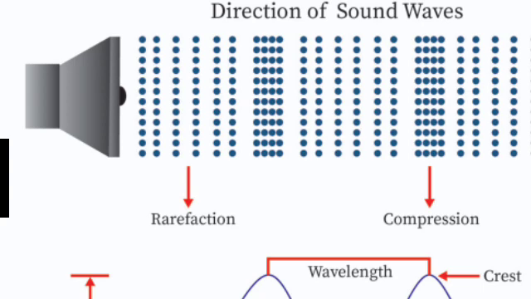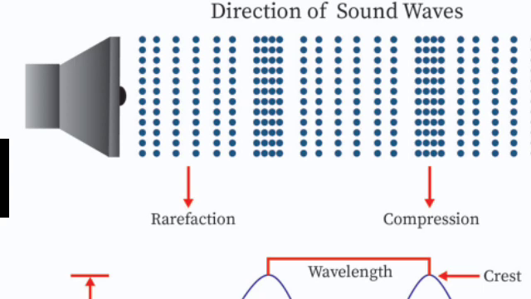Air is the common medium through which sound travels. When a vibrating body moves forward, it pushes and compresses the air, creating a region of high pressure. This region is called a compression, C, as seen in the given figure. This compression starts to move away from the vibrating body. When the vibrating body moves backwards, it creates a region of low pressure, which is called rarefaction, as seen in the figure.